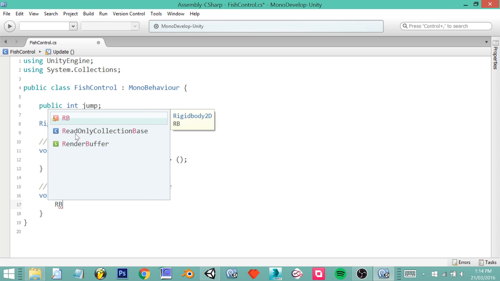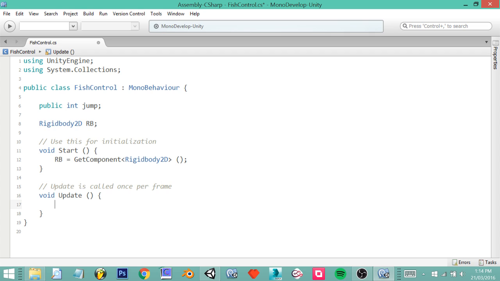Then we move down to Update, and now what happens is we can talk to the Rigidbody, the RB we just made, which is kind of like a shortcut so that we can quickly say to the game, we're going to move something's rigid body, we're going to move it physically. So now what we say is if, we open our brackets again,